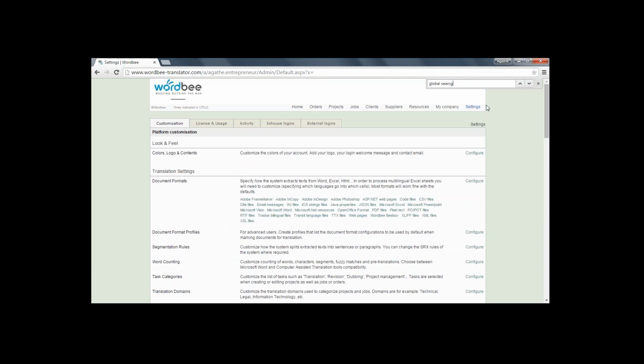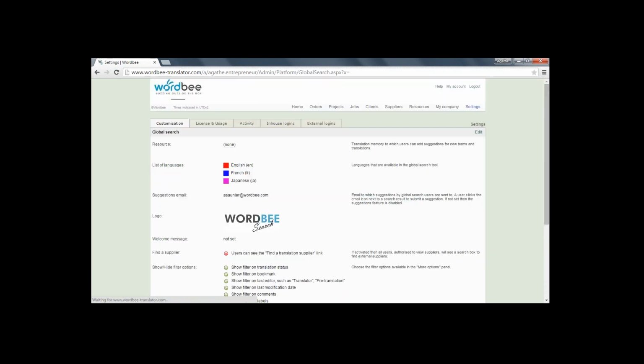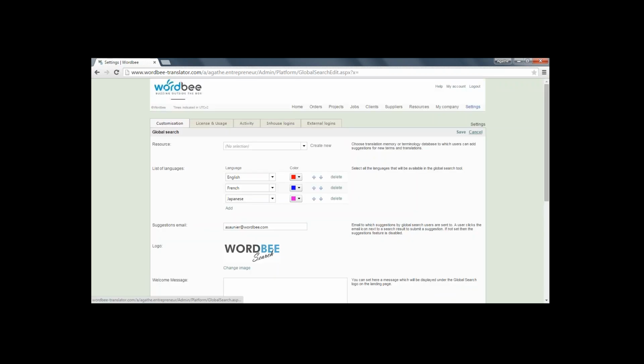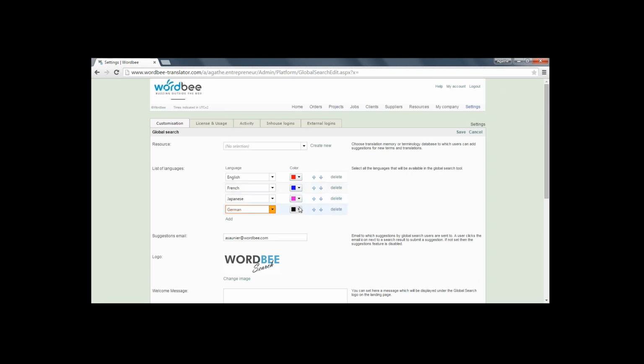And if you type Global Search, you will see here the section Global Search. And click here on Configure to configure it. So here you will be able to make the list of your languages. So here for my platform, I can add German, and I will say, okay, I want the German translations to appear in orange, for instance. And I will also add